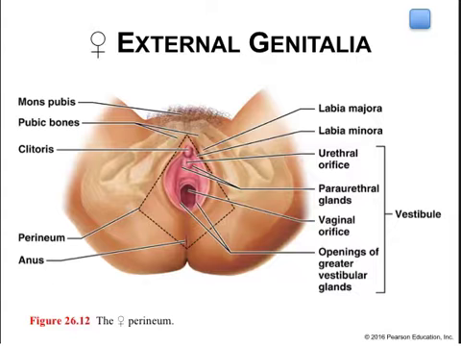The greater vestibular glands, also known as Bartholin's glands, secrete mucus into the vestibule during intercourse, while the clitoris is anterior to the vestibule. It's a small protrusion composed of erectile tissue, and when stimulated, the erectile tissue becomes engorged with blood. The tissue is innervated with sensory, motor, and autonomic fibers, as well as tactile, pressure, and temperature receptors, vital for sexual stimulation. The female perineum is a diamond-shaped region between the pubic arch anteriorly and the coccyx posteriorly,